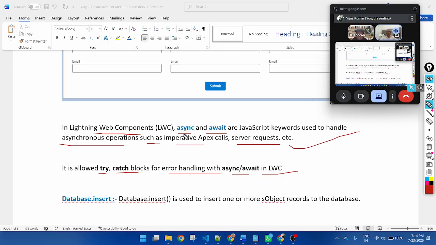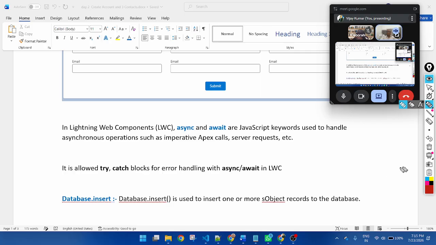But if you're using async and await in JavaScript, it will allow try and catch blocks. So today we will use try and catch blocks in JavaScript and we will use async and await.